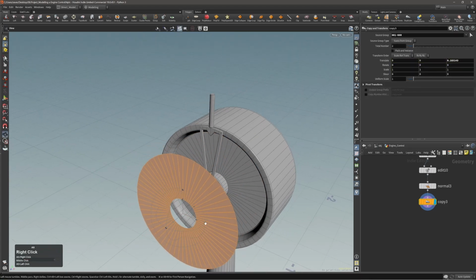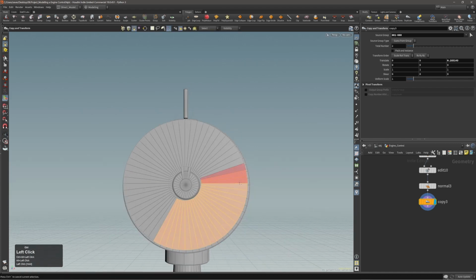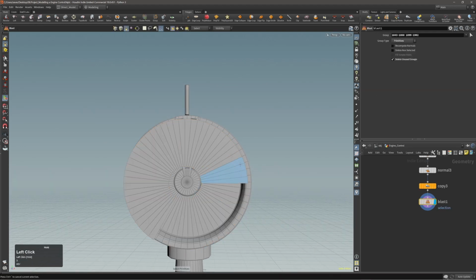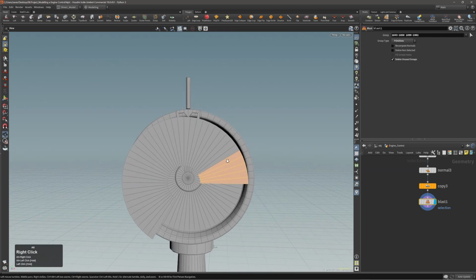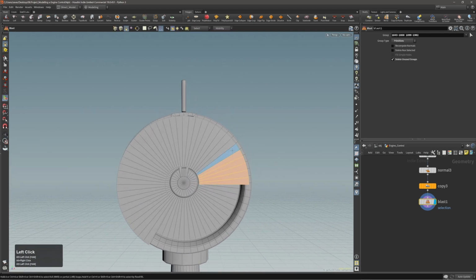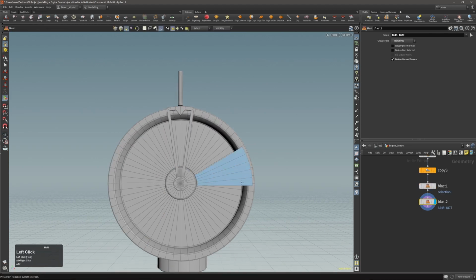Duplicate, bring it outside, and let's see. Delete these. And take or grab this one and delete everything else. Grab these,